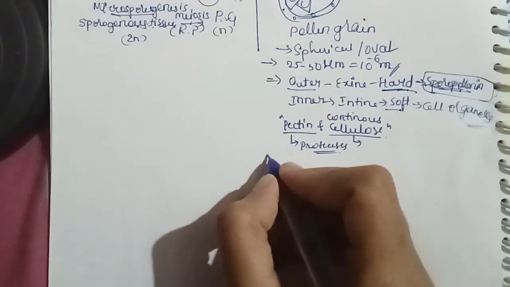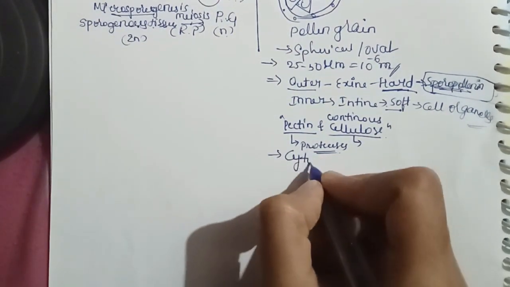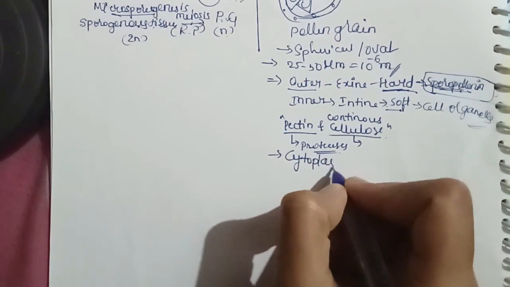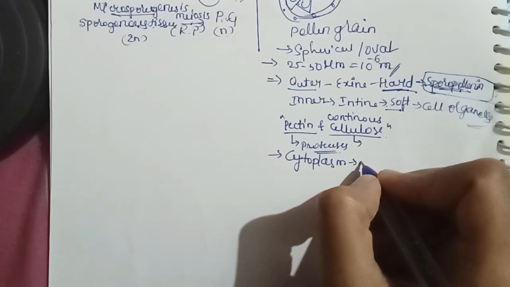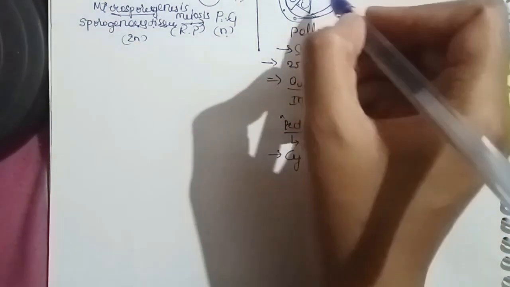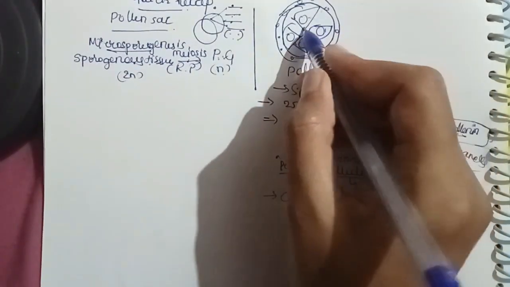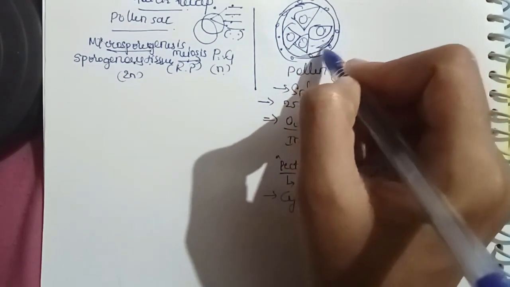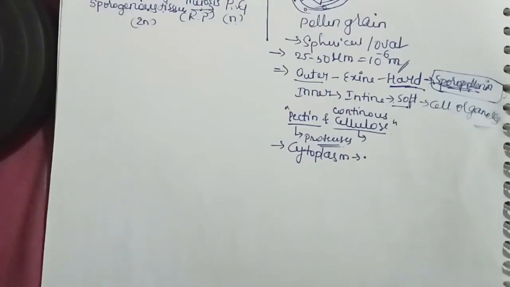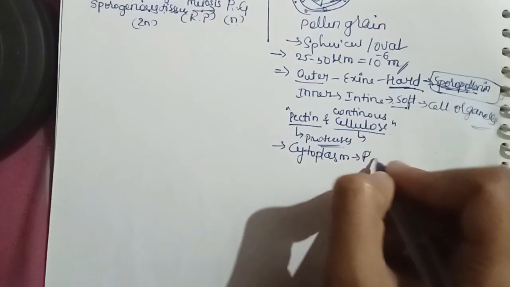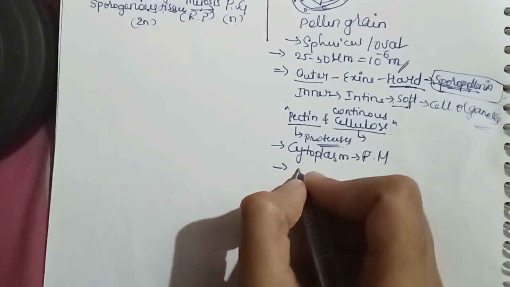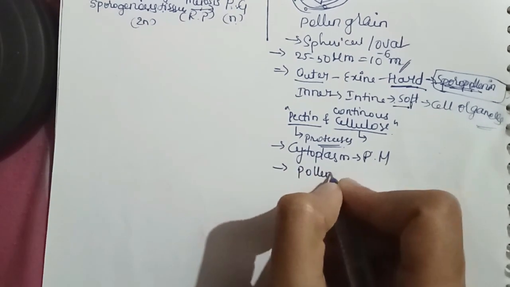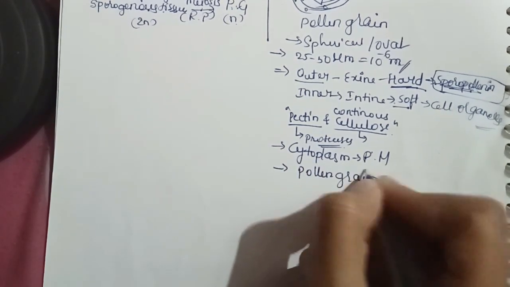And we have a cytoplasm. Innermost, the cell organelles will form. So the cytoplasm, which is a fluid-like structure, is surrounded by the plasma membrane. If we consider this is the cytoplasm, it has a plasma membrane. Then we can see that each pollen grain will have a main part,